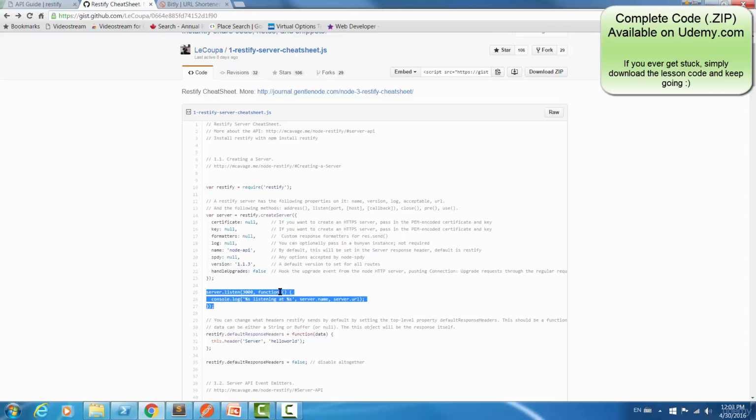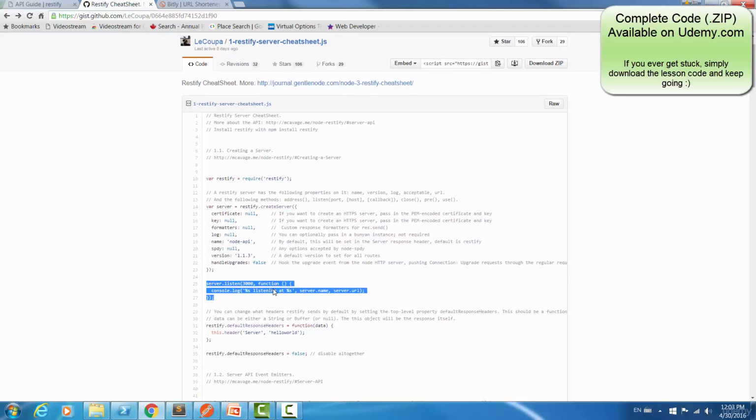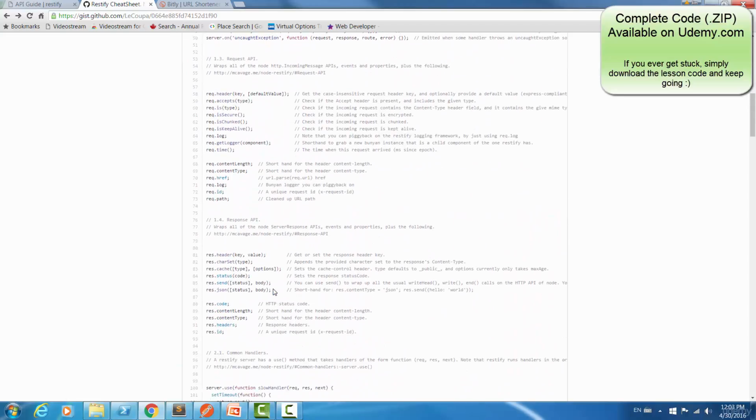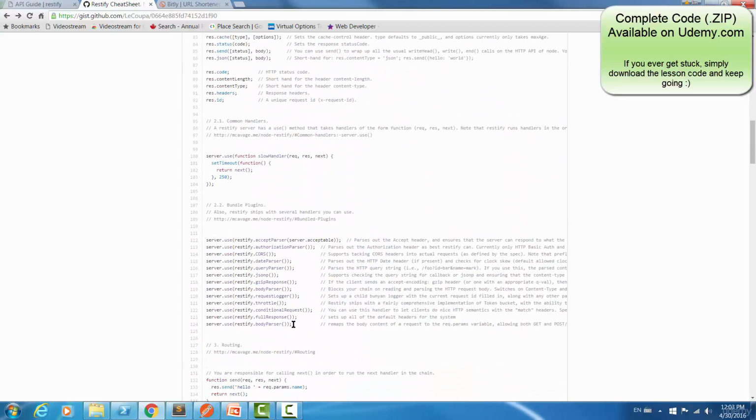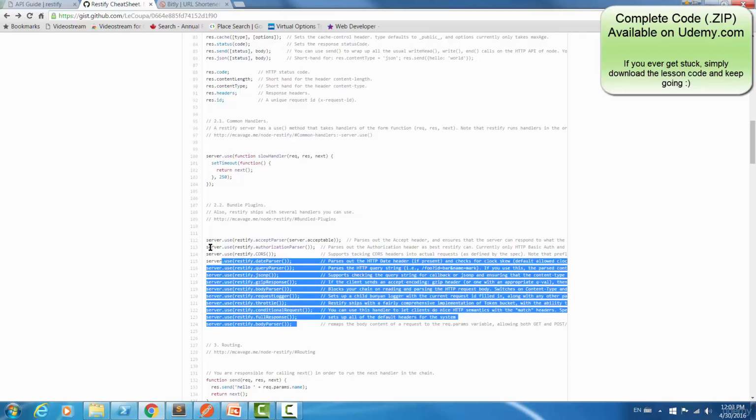So this cheat sheet is fantastic. You can use it after you're done with the course or while you're going through the course. It's great for copying and pasting various things into your code as well. If you scroll down a bit, you'll notice this section called Bundled Plugins, which has a bunch of lines labeled